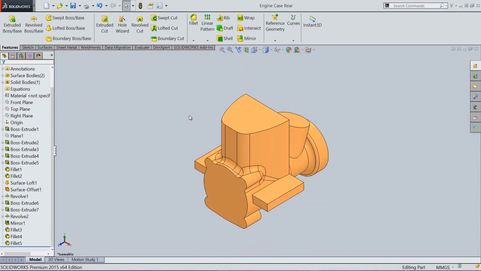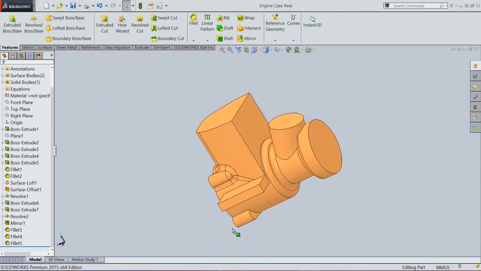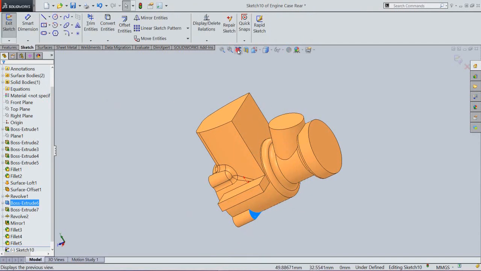Now see, it is looking very nice. OK, alright. Select this face to create a new sketch.